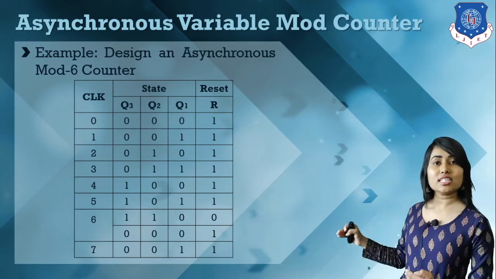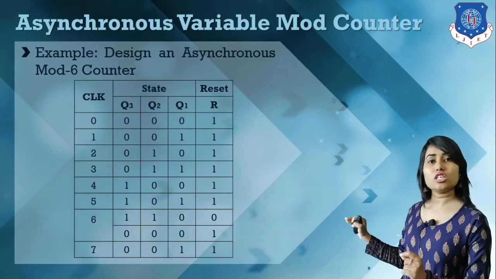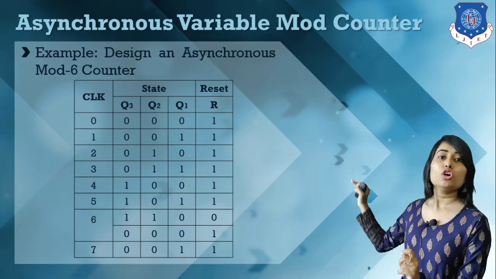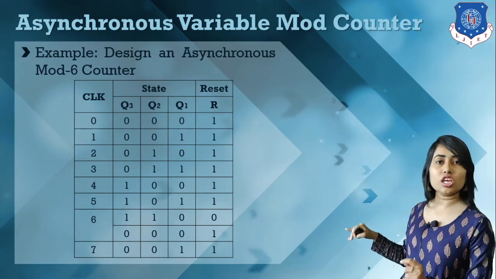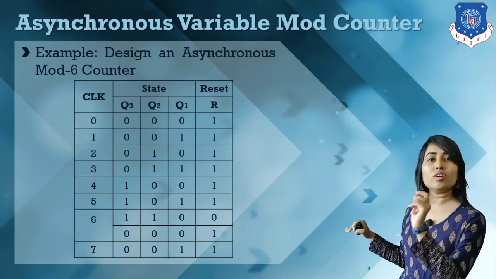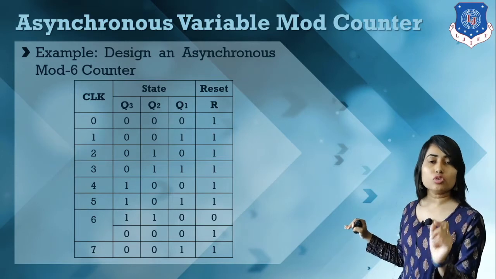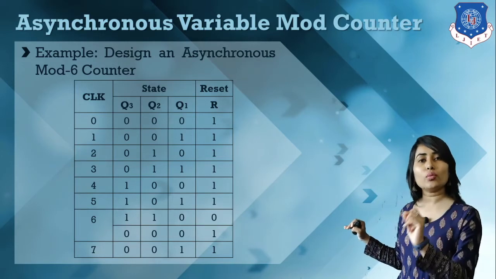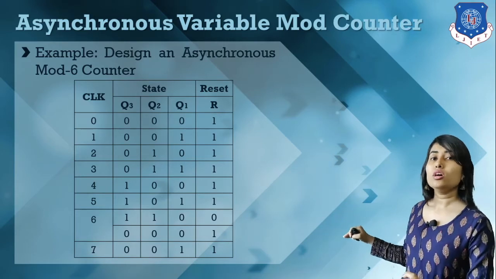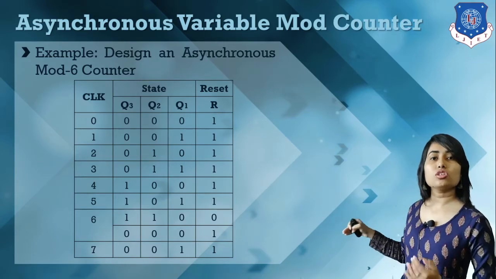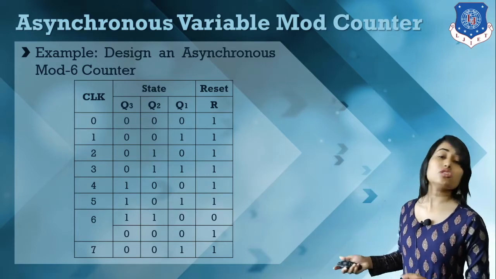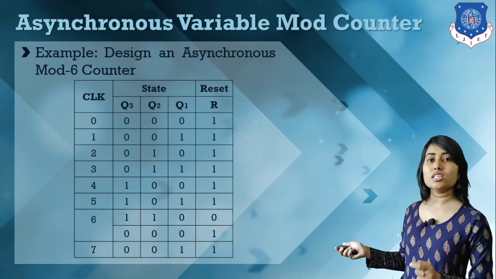So whenever this 7th value, that is 1 1 0, occurs in the flip-flops, we have to restart our flip-flops. So here reset is equal to 0, and as soon as this 0 is applied to our flip-flops, all the stored values in the flip-flops will be cleared, and it will start with 0 0 0. And whenever we have 0 0 0, then it will count 0 0 1, 0 1 0, okay.